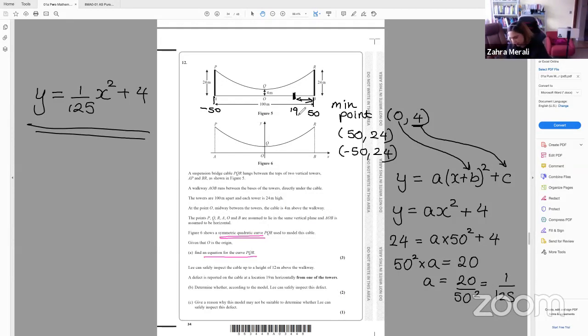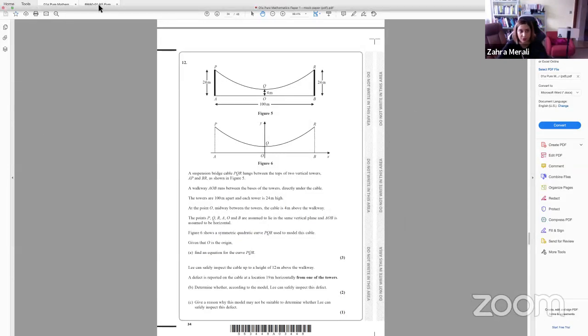So if the space is 19, that means the coordinate here must be 31. So you could substitute that in and you would see whether it was higher or lower than 12 and whether it would be safe. But that's the kind of modeling question that you get around quadratics, right? So that's one type. The other type of question you can get,